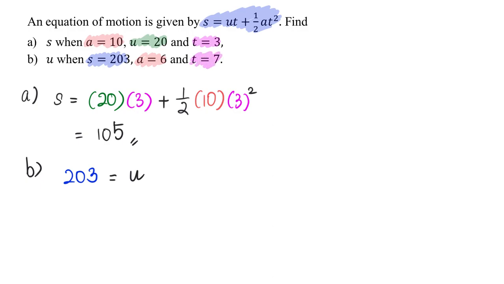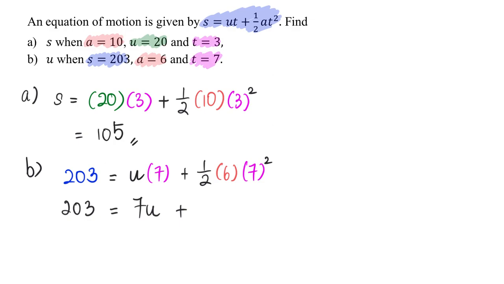So it will be times 7, U times 7, plus half A and T squared. So let's move on to find my U. So this will be 203 equals to 7U